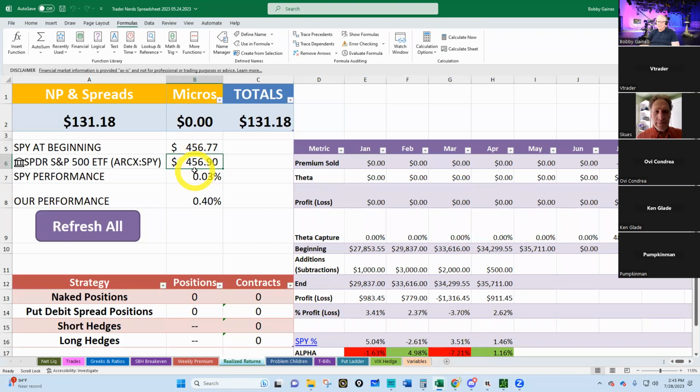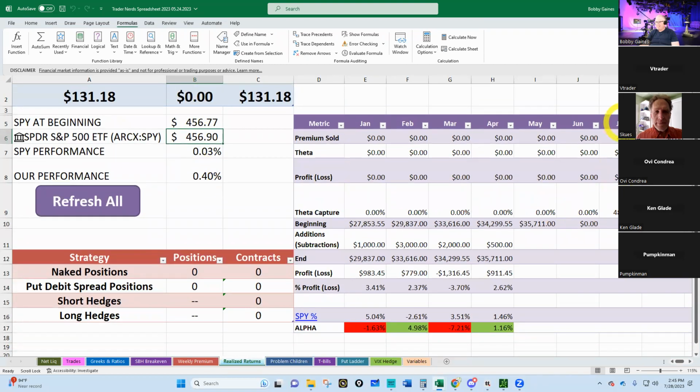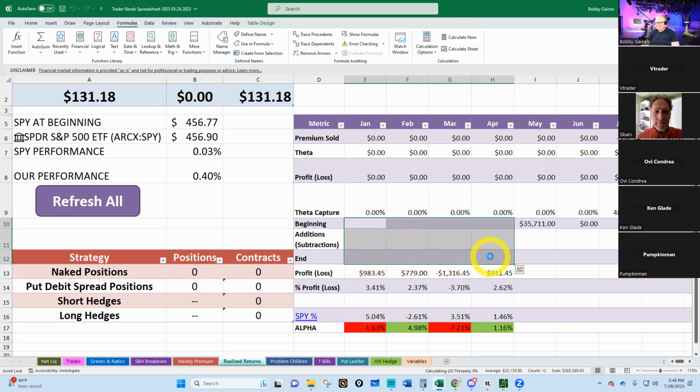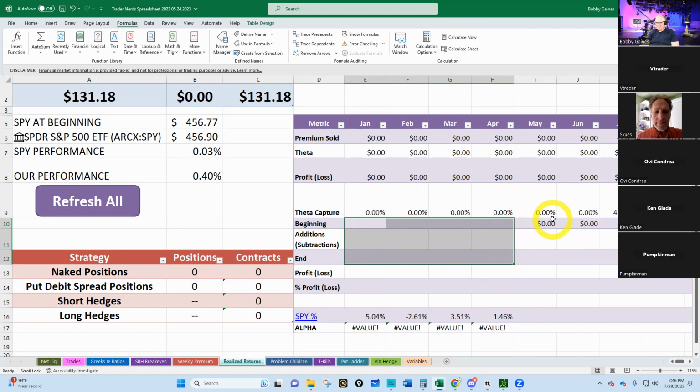All right. So if you're starting in July, like we did here, then what you would do is take out your beginning and your subtractions and your ends here. You delete all that. We delete May and June here, and you put in July.